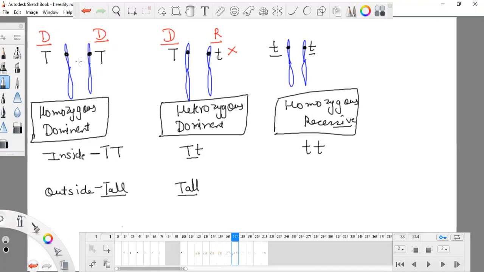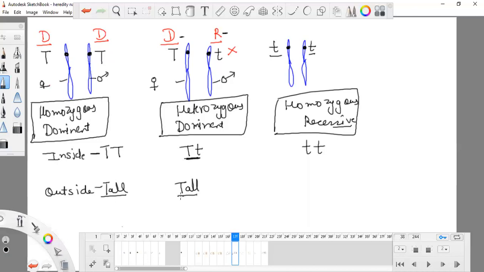This one is pure tall because from its mother and from its father it is getting pure tall. From mother and father it is bringing the trait of tall. But in this case, from one parent it is bringing tall and from the other parent it is bringing dwarf, but dwarf cannot win over tall, or recessive cannot win over dominant. That's why the internal thing is totally different and the external thing is totally different. It is looking tall but it is not pure tall.